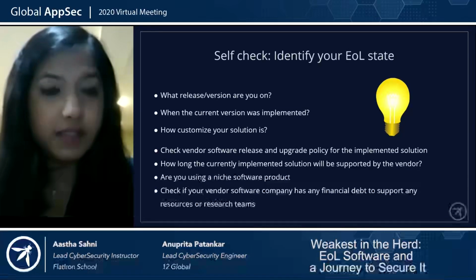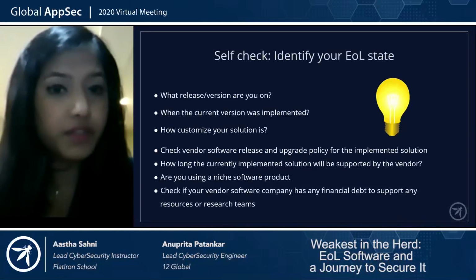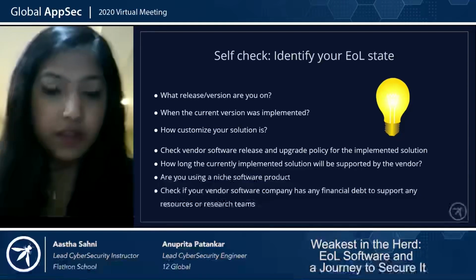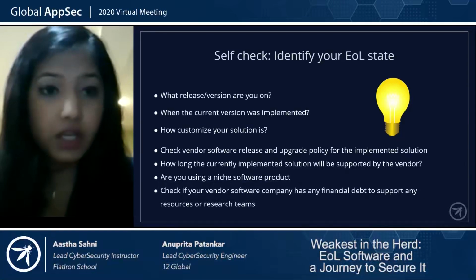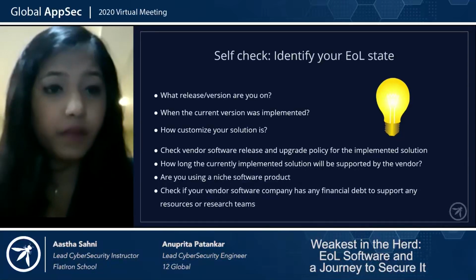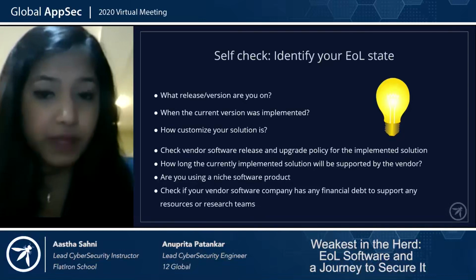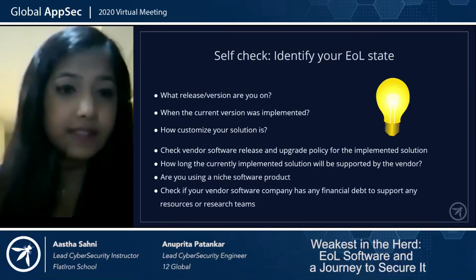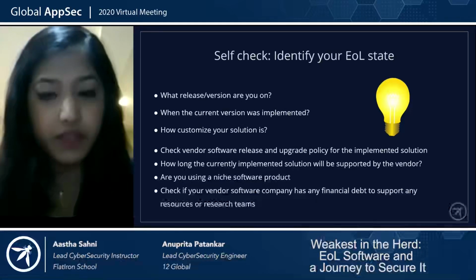The first thing is understanding the latest or current version of the product that is heavily utilized within your organization. The second one is, when was the current version implemented? And the third one is, how customized is your solution? Now, when we talk about customization,